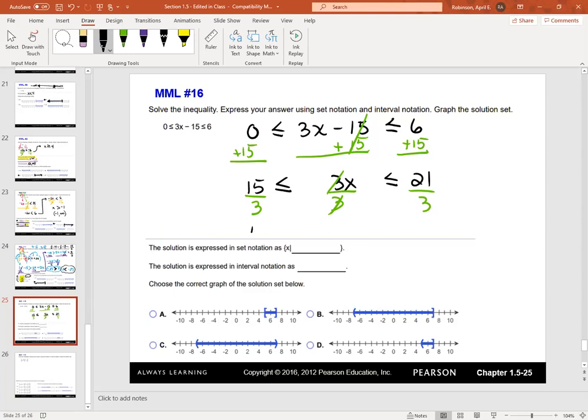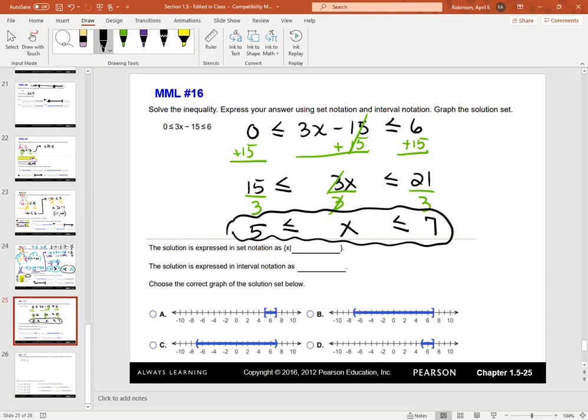15 divided by 3 is 5, less than or equal to, I've got nothing but x in the middle. And 21 divided by 3 is 7. So this is my inequality. The solution is expressed in set notation, so what I just circled here is going to go right here after this line. And then in interval notation,